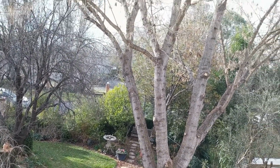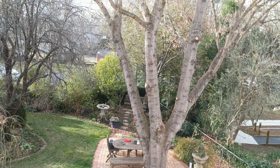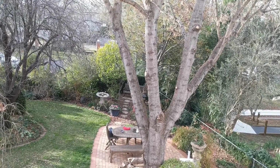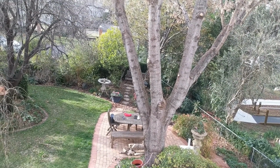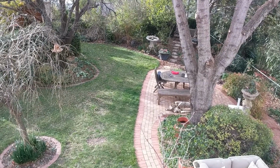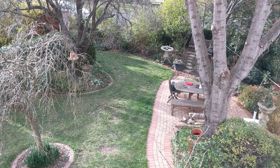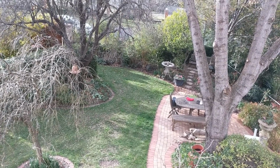That pushes the shade up very high and allows reflected light, not direct sunshine, but reflected light from the sky to come in, and will allow this grass to flourish. Even though it's not getting any direct sunshine, it's still quite light underneath there because we've pushed the shade up